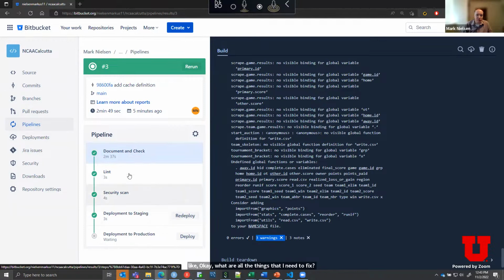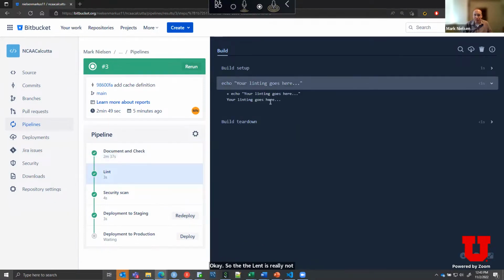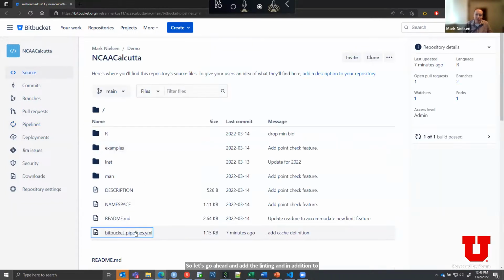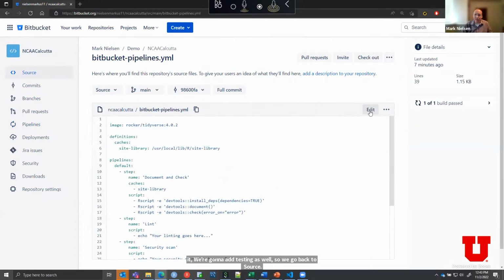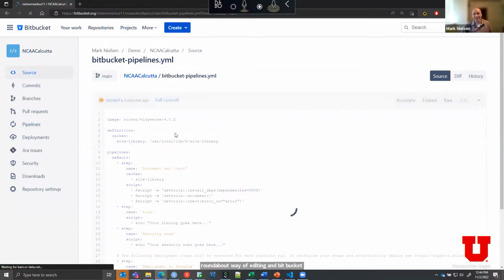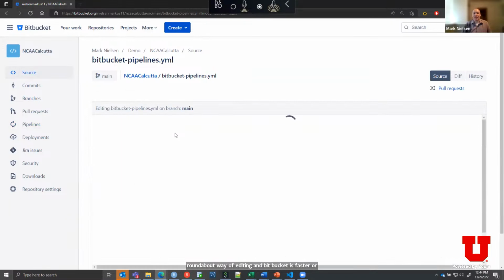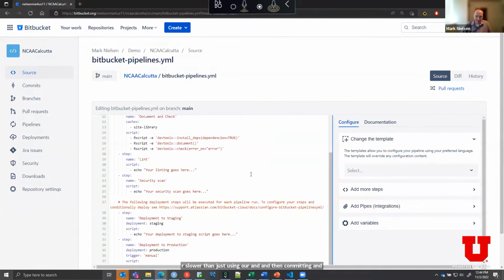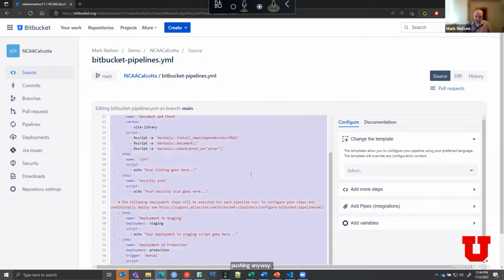Okay, so the lint is really not meaningful right now because we just printed to the screen. So let's go ahead and add the linting, and in addition to it, we're going to add testing as well. So I'm going to go back to source. I'm debating in my head whether this roundabout way of editing in Bitbucket is faster or slower than just using R and then committing and pushing. Anyway,